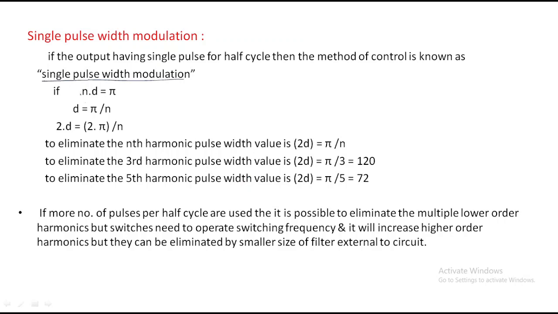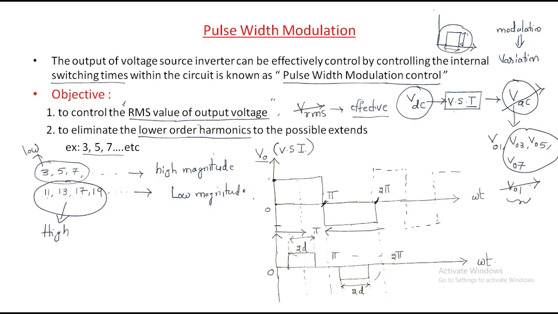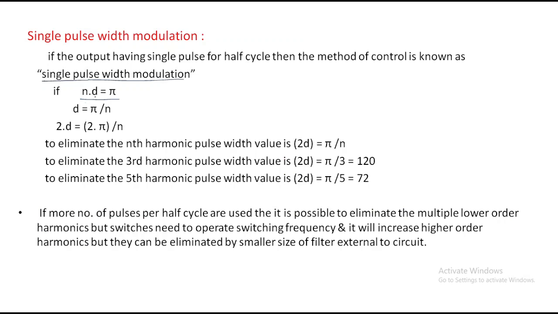Simple. For example, consider nd equal to 5. Just take this complete value as nd. Just assume nd equal to 5. From this we can write d equal to 5 by n. n is multiplied here, that's why it is divided here. Multiply with 2, then 2d equals 2 5 by n. This formula is very much useful